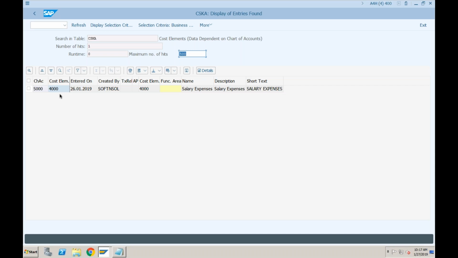It is not an expense. It is not a profit and loss account. We created the cost element. We normally create the cost element only for profit and loss accounts, and that too, if you remember, we have the account type field only for account type primary cost or revenue or secondary cost. We have the cost element created automatically in the system. So you will not find, for balance sheet accounts, normally the cost element to be created here in CSKA.